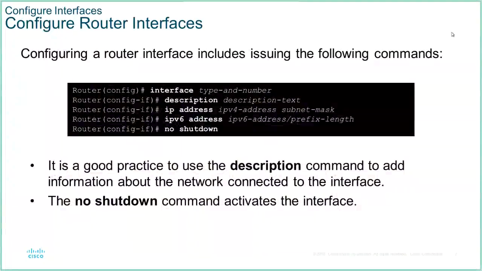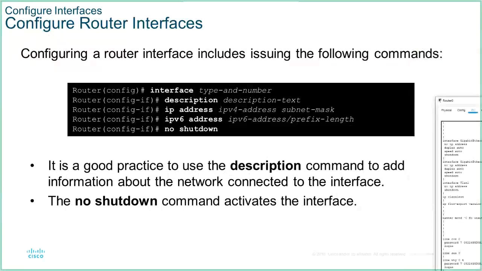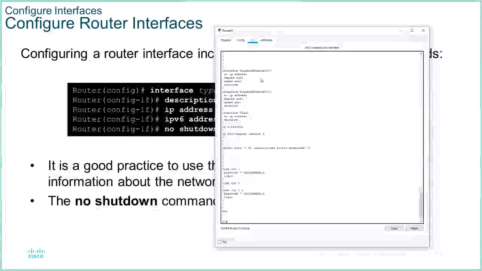Now remember, each interface on a router connects to a different network. So what we need to do is enter the interface in global config mode and go to the interface itself. Now the type and number of the interface depends on the device that you have. So in this one, I don't actually have